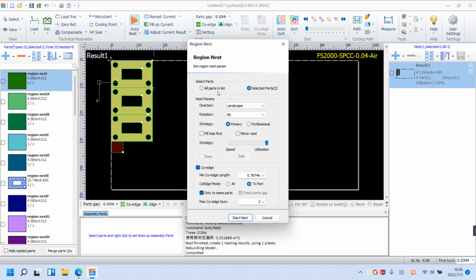Most of these parameter settings have been introduced in the last interface, so without further ado, now I'll just show you how they work. Here we select all parts. Also, we can randomly pick some parts in the list if we need. Then confirm by Start Nest,